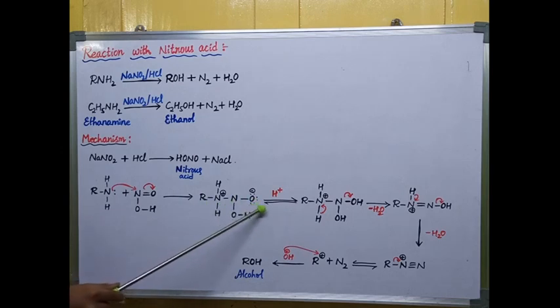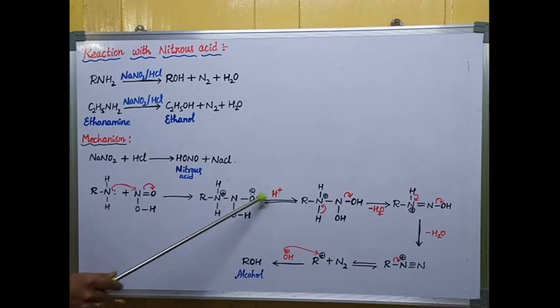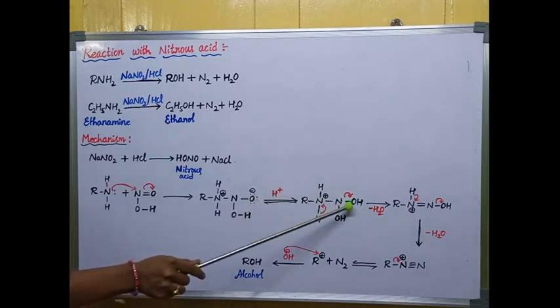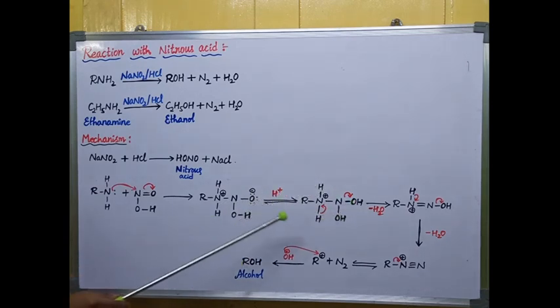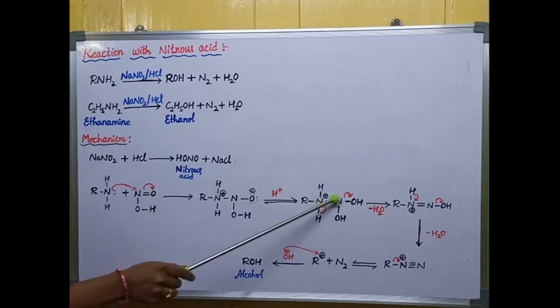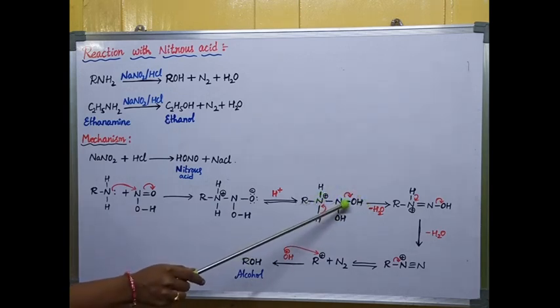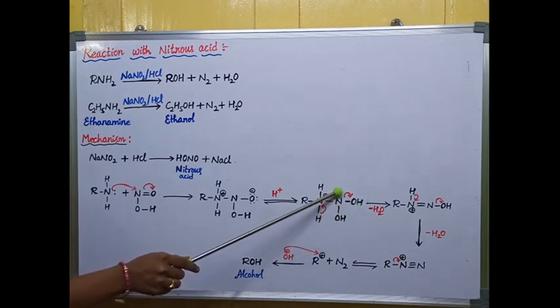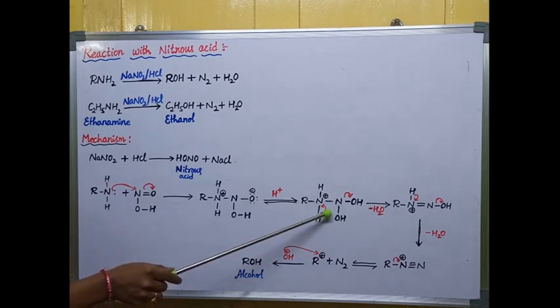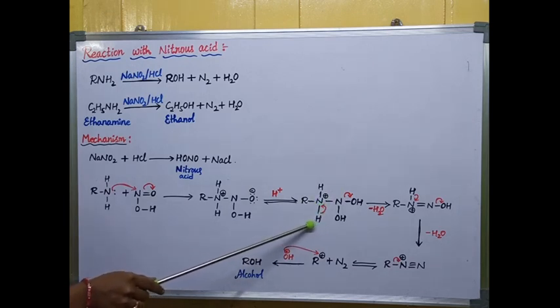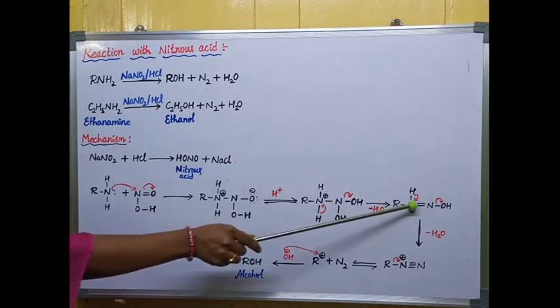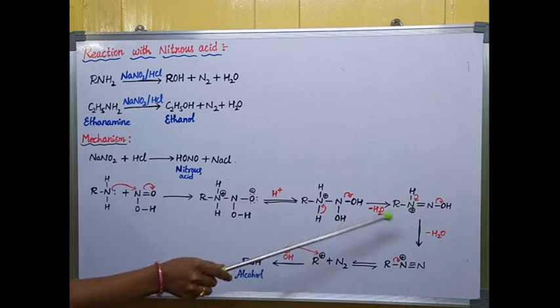Okay. So now I will add a proton. When I add the proton, this negatively charged oxygen reacts with the proton and forms an OH bond. You can see this oxygen attracts this H plus and forms the OH bond. Next, I'll remove a water molecule, OH from this side and H from this side. Whenever we remove it, OH comes out as OH minus and we get a positive charge on the nitrogen. Here hydrogen gives electrons to the nitrogen. This hydrogen gets a positive charge, this nitrogen gets a negative charge. This negative and positive charge form a double bond here. Here H2O comes out.